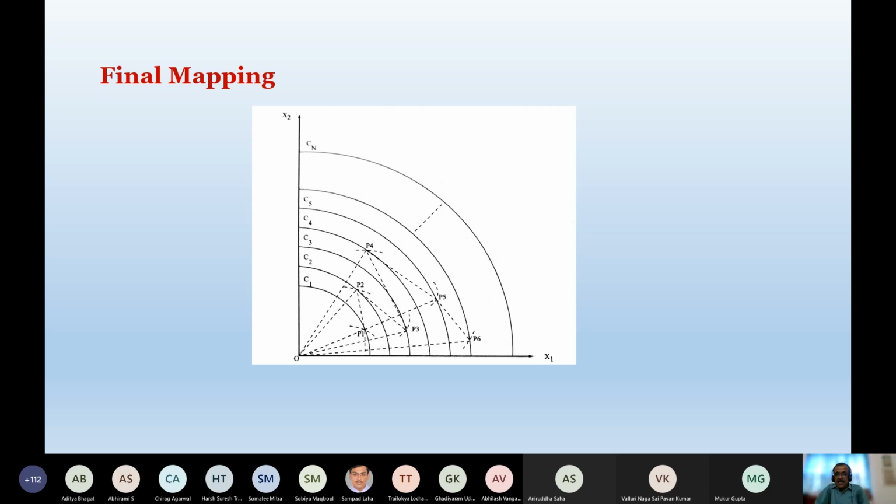Now that process I'll have to repeat for how many times? Capital N times, because for each of the data points I want to find out its corresponding connecting weight. Supposing that I have got, for all capital N data points, the corresponding connecting weights, how do I do the mapping in lower dimension? I had a lot of thinking on this, then I proposed this particular technique.